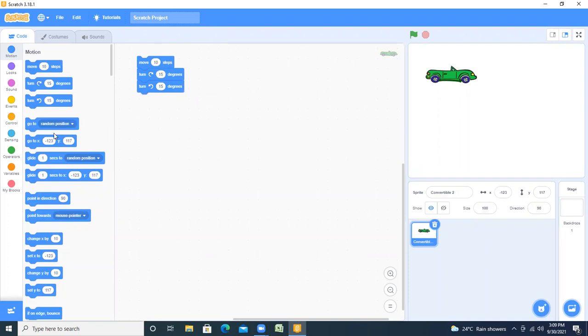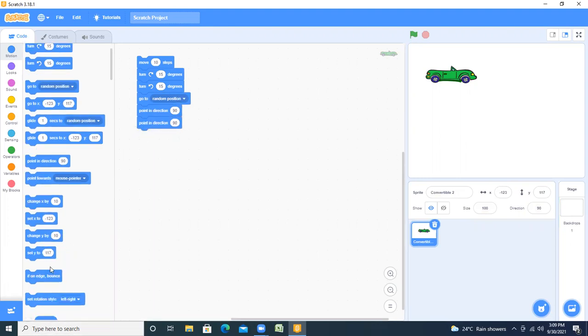Then after that, turn 15 degrees, then go to random position. Then suppose I'm taking point in direction. These are the motion control buttons. Then suppose if on edge, bounce, I'm taking this one.